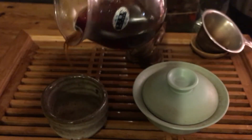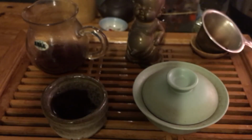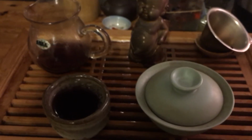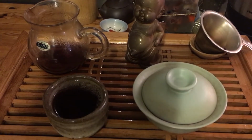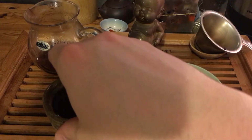Yeah. This tea has something about it that makes me want to keep going back to it and drinking it. And I don't know exactly what it is. I don't have any more LiuBaos than this. I don't have a lot of shu pu'ers, although I do have some. I mostly drink sheng, but since I bought this cake, I just keep thinking, I want to go back to it. Maybe some of it is that it's fairly low in caffeine,